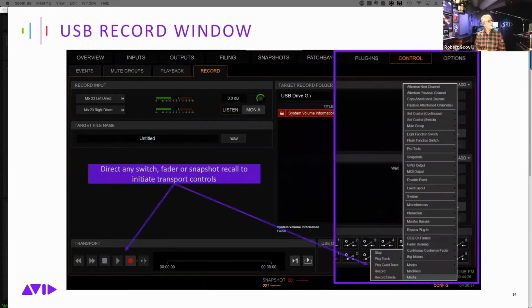Okay, so this is how we direct events toward controls. So I've just done a screen grab of the events drop down here, and you can see that all the transport controls show up now in the events list. So we can direct